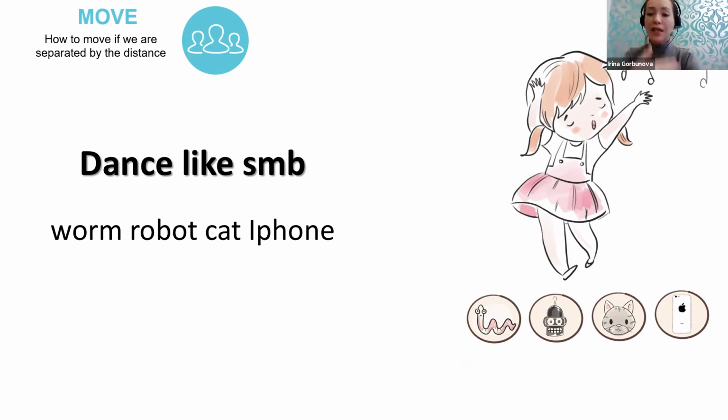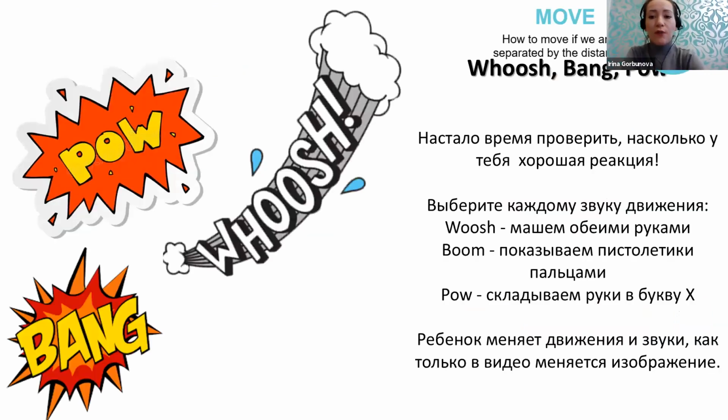And the same, we're dancing like somebody. Here, with the help of PowerPoint, we make pictures change quickly, faster, faster, and faster. First it's a worm, then a robot, then something else. Here we can also implement any vocabulary we would like. You can change pictures, animals, weather, or anything. How does, I don't know, wind dance? Why not? It's their imagination. It helps us to develop soft skills and creativity.